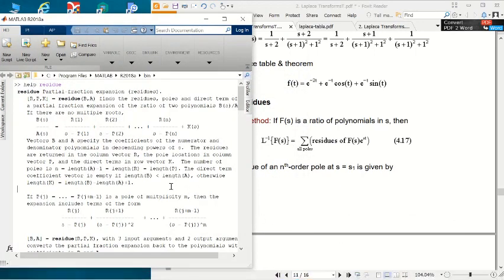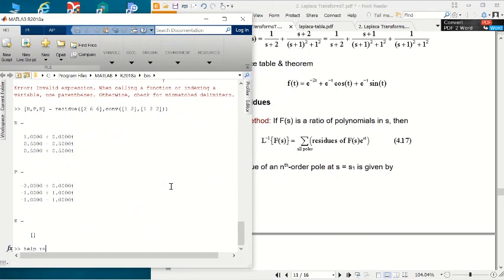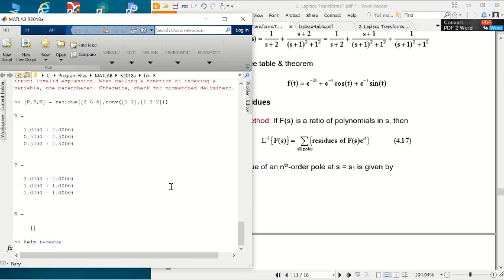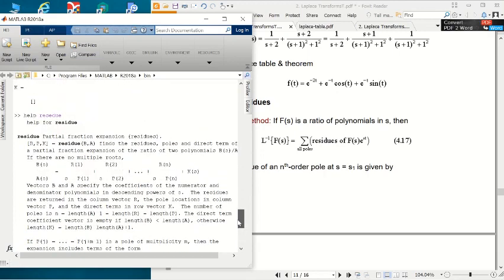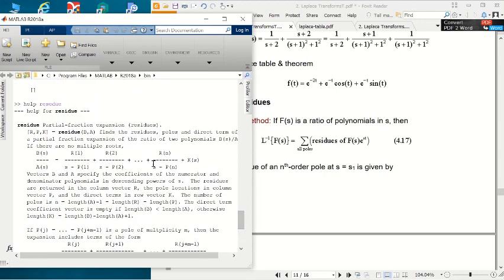So if you type help residue in MATLAB, you have something like this. If you have the transfer function like this, then it will be expressed in terms of something like this with the partial fraction. So this is the residue. MATLAB uses the residue approach. So what you need to do, just copy this